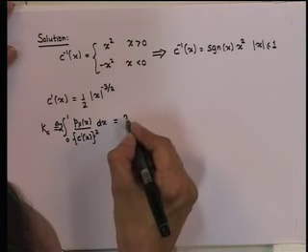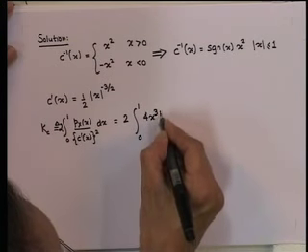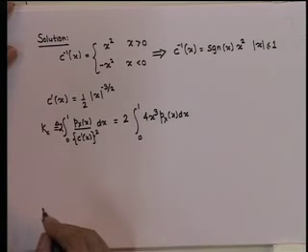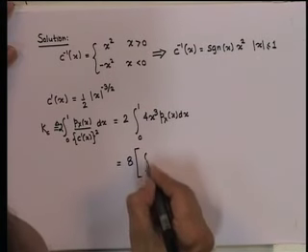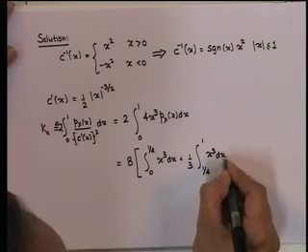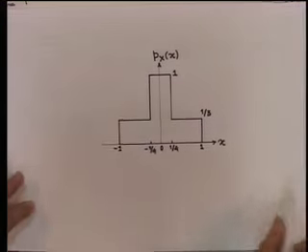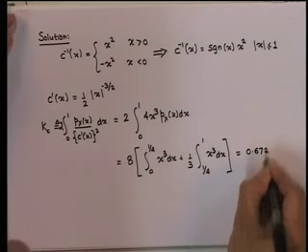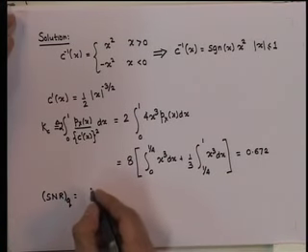This is equal to twice the integral of 4 x cube p x dx, and this can be rewritten for the given PDF as follows. And it can be shown that for this PDF, this expression reduces to 0.672,